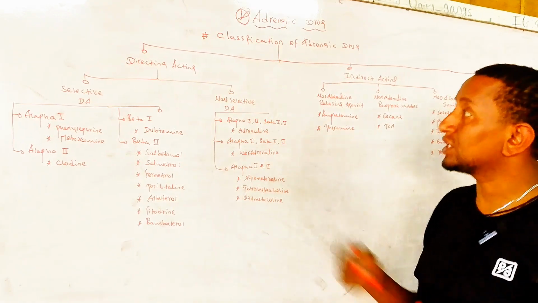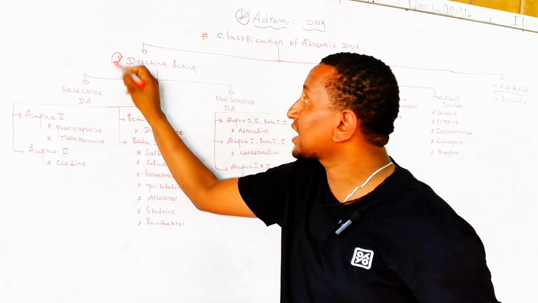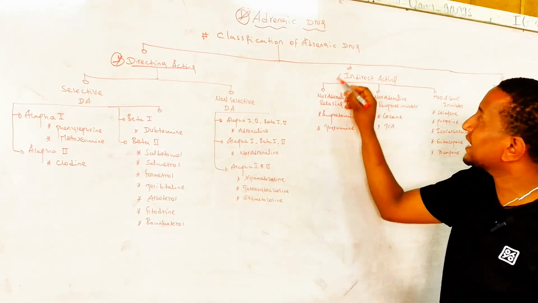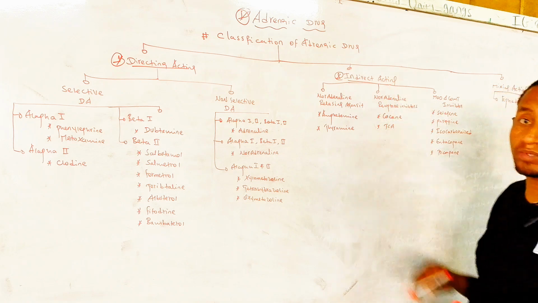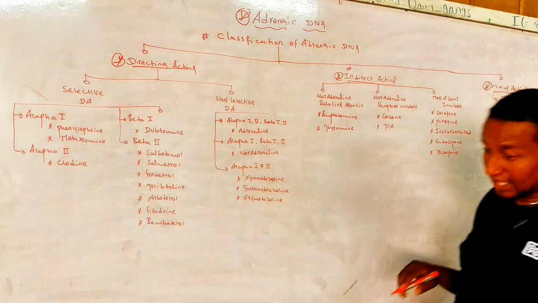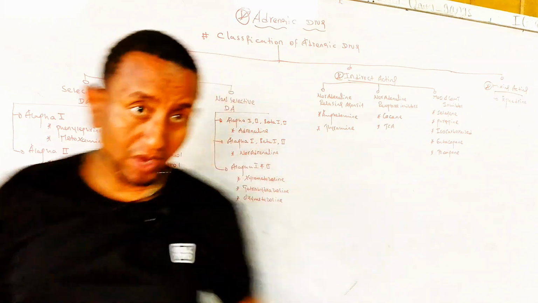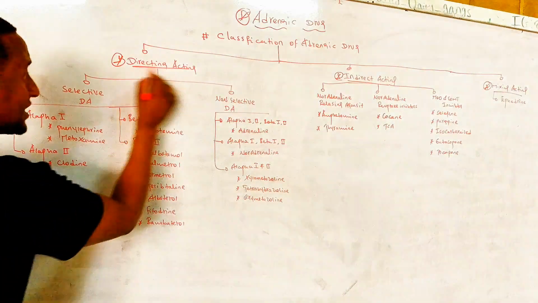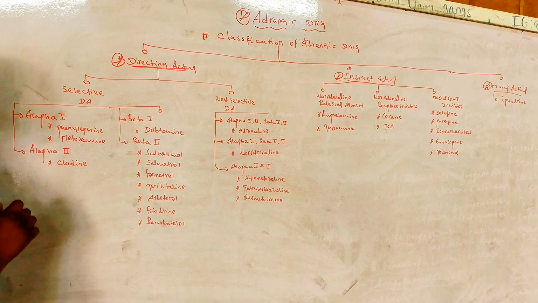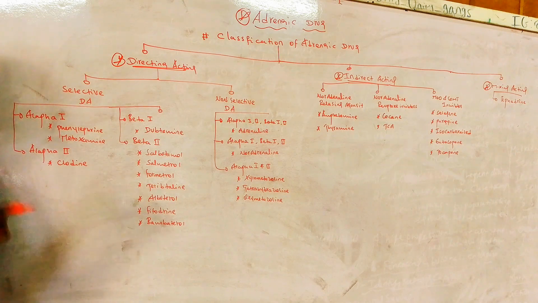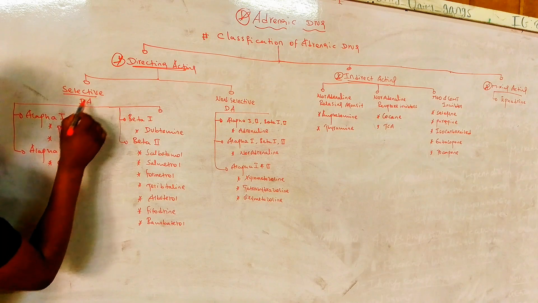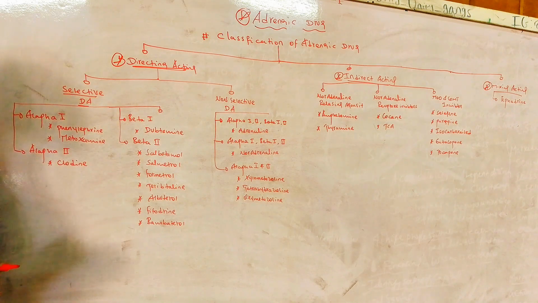Adrenergic drugs can be classified into three. The first one is direct acting adrenergic drugs, the second is indirect acting adrenergic drugs, and the third is mixed acting adrenergic drugs. The first one is direct acting adrenergic drugs, which can be classified into two: